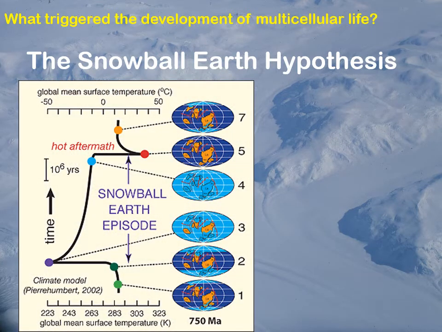So this is how Snowball Earth works. About 750 million years ago, still within the latter portion of the Proterozoic, we see ice starting to advance. And you can see in figure 1 on this image, the ice caps are starting to freeze over. And by 2, they've advanced considerably more. And by 3, this is that albedo effect, the runaway glaciation, because we're now reflecting more light than we are absorbing, so the planet's losing heat. And by the time we get to 3 and 4, we are in true snowball Earth.